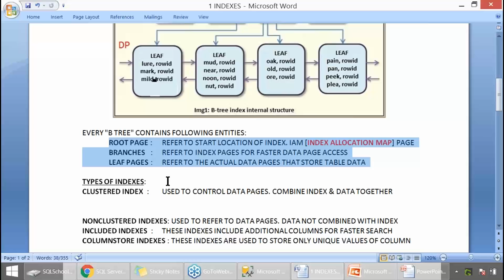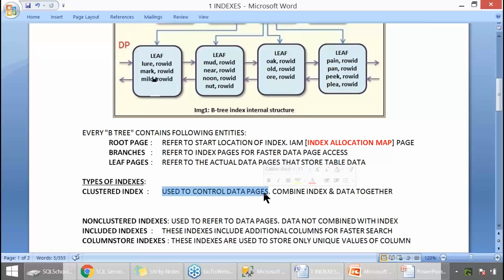Types of indexes. Let's see. Coming to the types of indexes, we have the clustered index. These indexes control table data, or the data pages of the table. What does it actually mean?